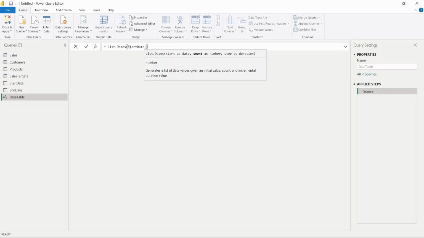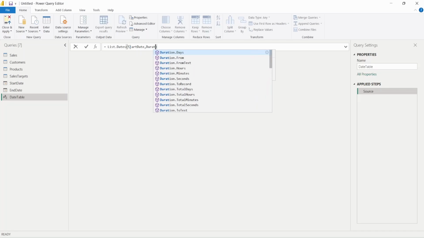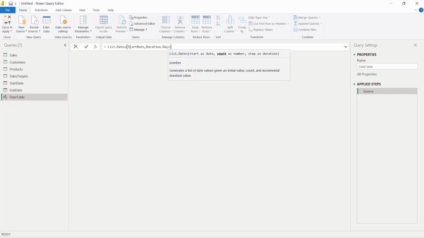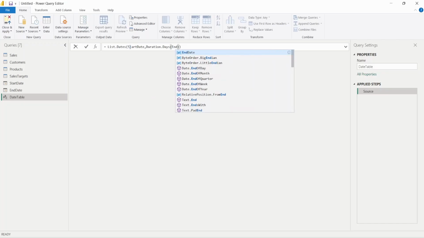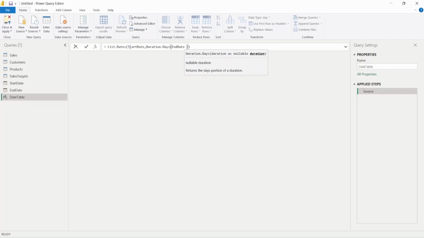For that, we can use duration dot days here, and in duration we need to give the difference between end date and start date. So we'll say end date minus start date and then plus 1, because we want inclusive start date and end